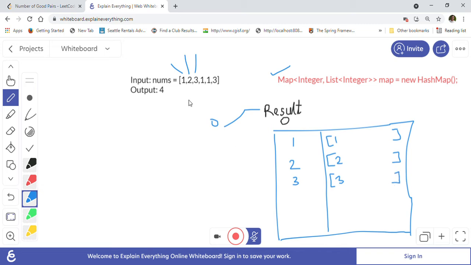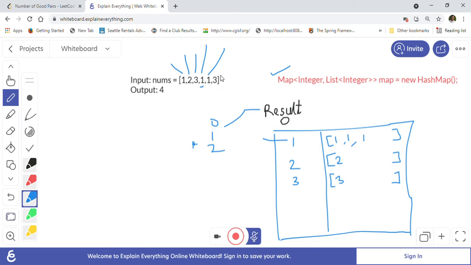Now when we are at this location with 1, this is the one entry, right? So we find the entry for 1. We count the size that we have already seen. The size for 1 is 1, so we add that size into the result, right? So we add 1 to the result and add another entry for 1. Now again when you visit this one, you find the entry for 1 and its size is 2, so we add 2 to the result. And then we add our entry here for 1.